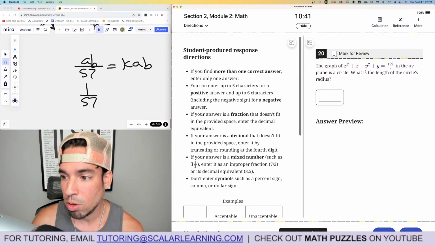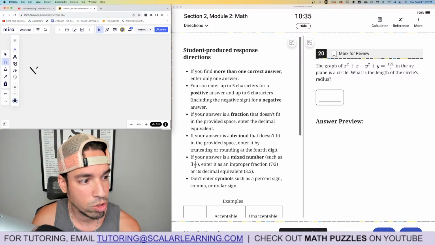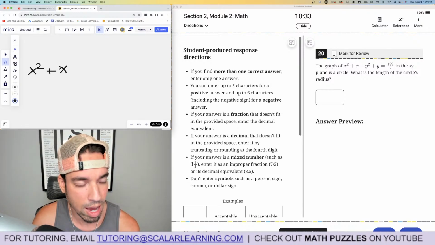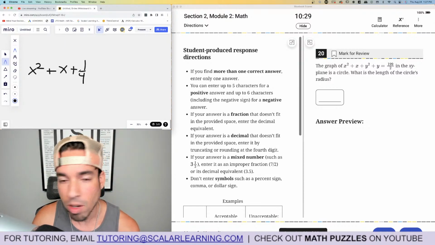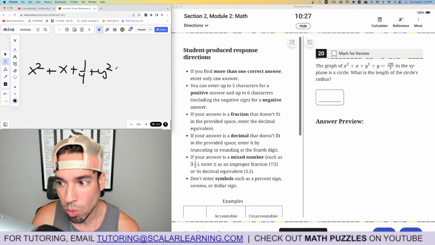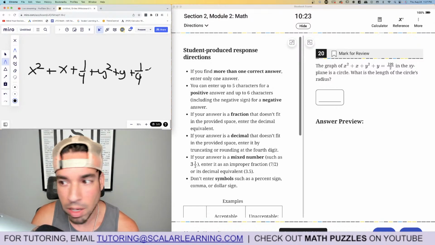All right, graph of x squared plus x plus y squared plus y. What's the length of the square? Okay, we need to solve for the radius. Well, I need to get this into standard form. So we're going to complete the square. X squared plus x, take half of that term, which is half squared is 1/4. Same thing for this one. Y squared plus y plus 1/4 equals